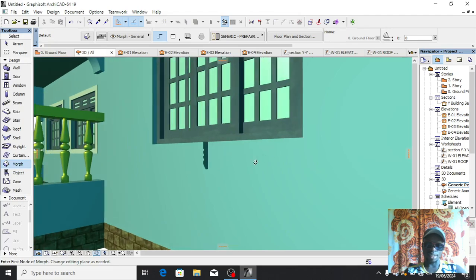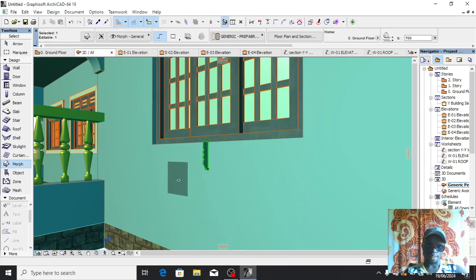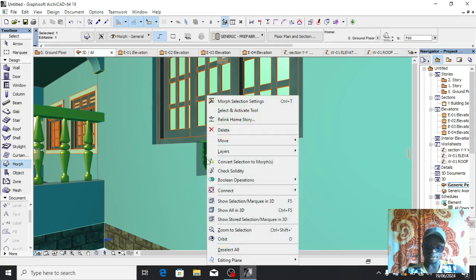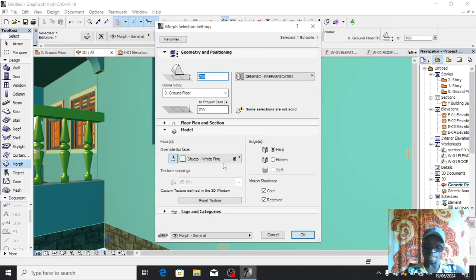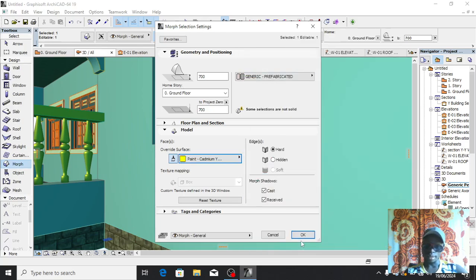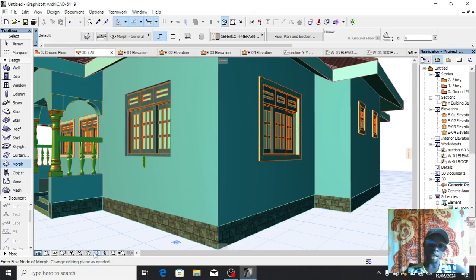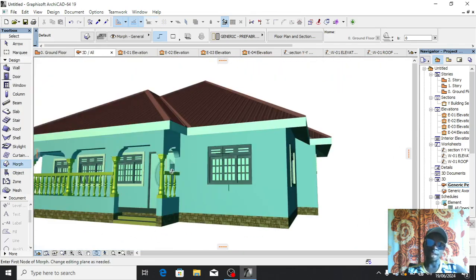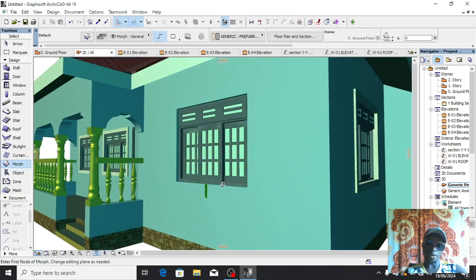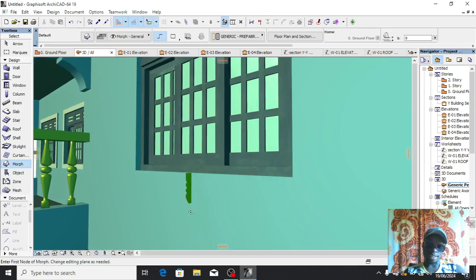For good visual impression, I'm going to give it another material. Let me give it another material so that we can view it well. Let me give it a cadmium yellow material so that we can view it well. So after my section has been located well and it's in a good position, I will now deactivate the orbit,